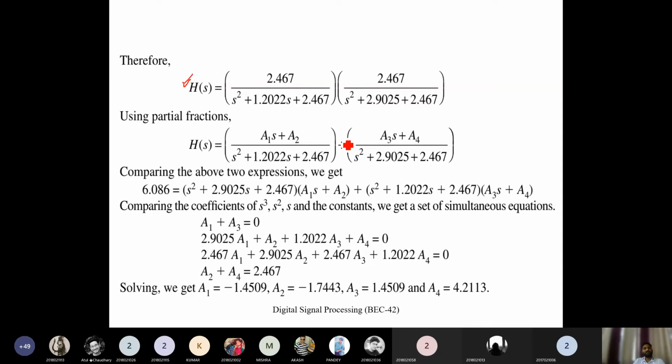Finally we need to convert this into a digital filter, and that digital filter should be converted by using the impulse invariance method. In the question it is given that we need to use the impulse invariance method. So this method you need to use. For this method we need to do the partial fraction. So we will be making the partial fraction, and again we will be separating it further after dividing terms. After the partial fraction we will be getting different terms, and once we have found the different terms, we will be separating it out.